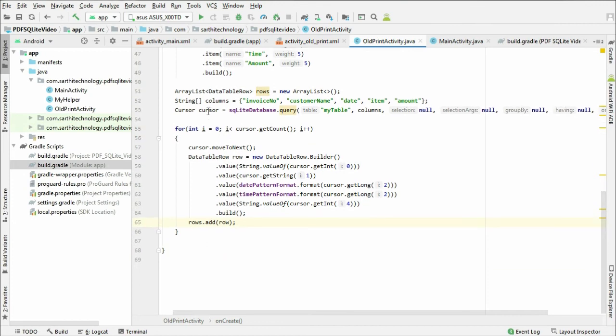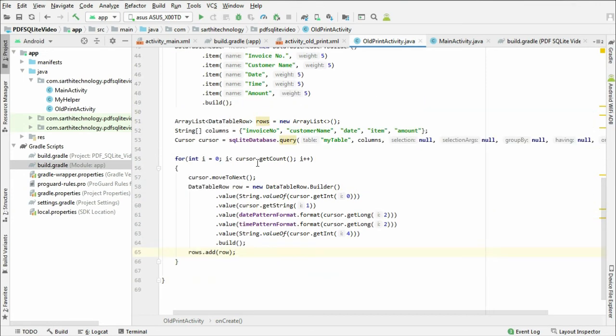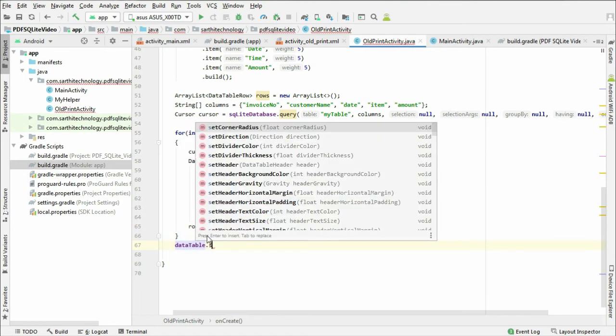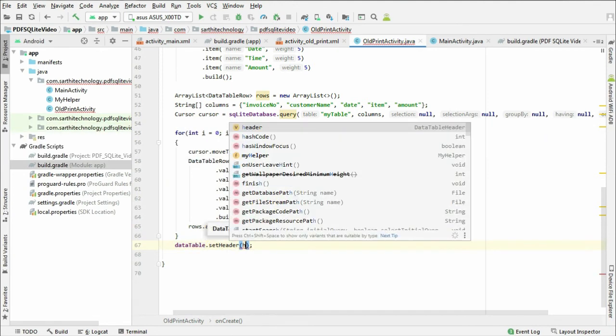Now we have this rows object and header, so let's add all these in this data table. So data table dot set header, and header is header.